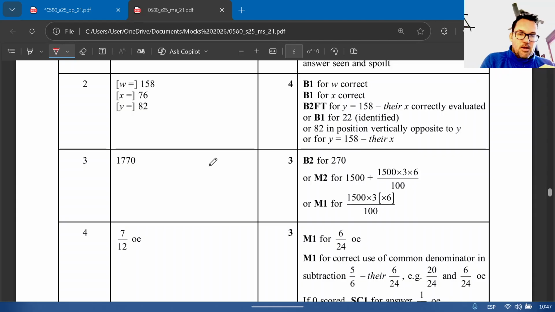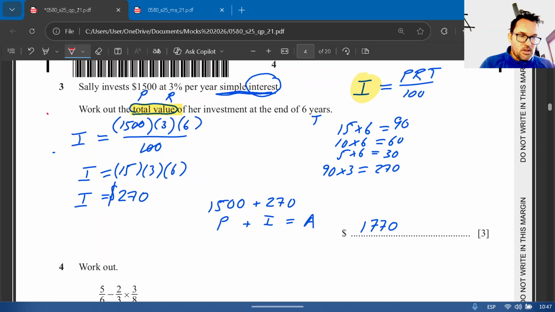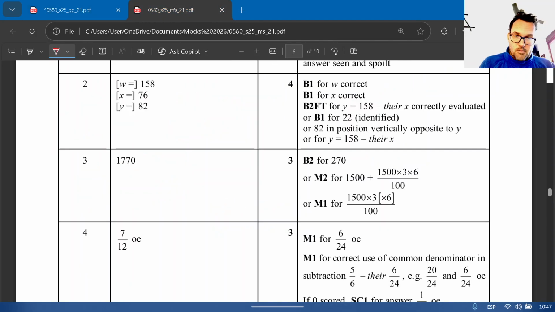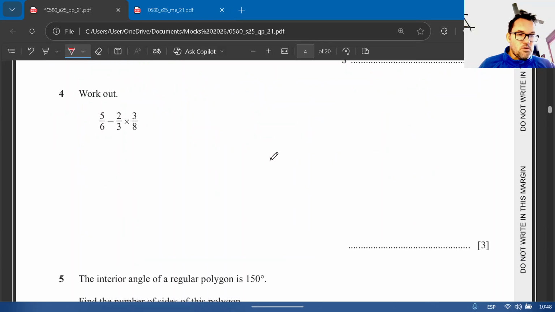So basically, if you got 270, you get 2 marks. Or you get 1 mark for using the formula correctly with the values substituted, and then you can get your second mark for your final answer. That's basically it, not complicated. All right, moving on to question 4,